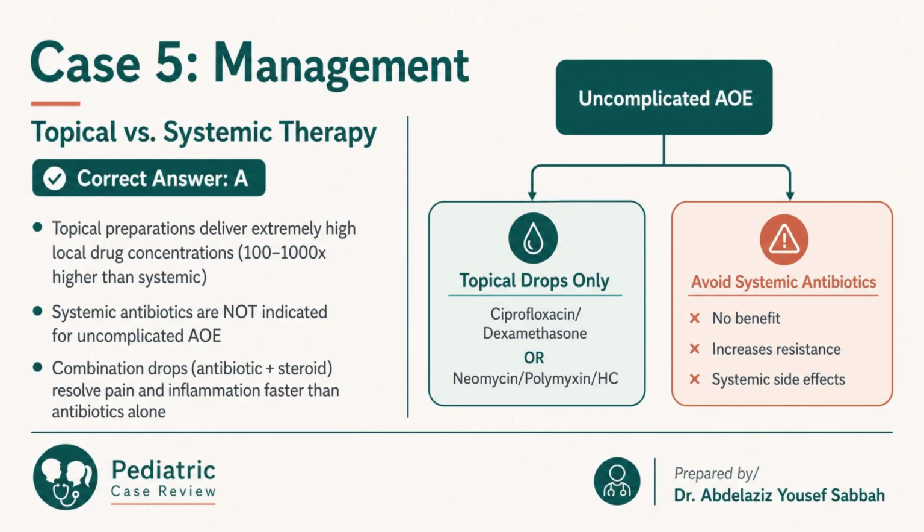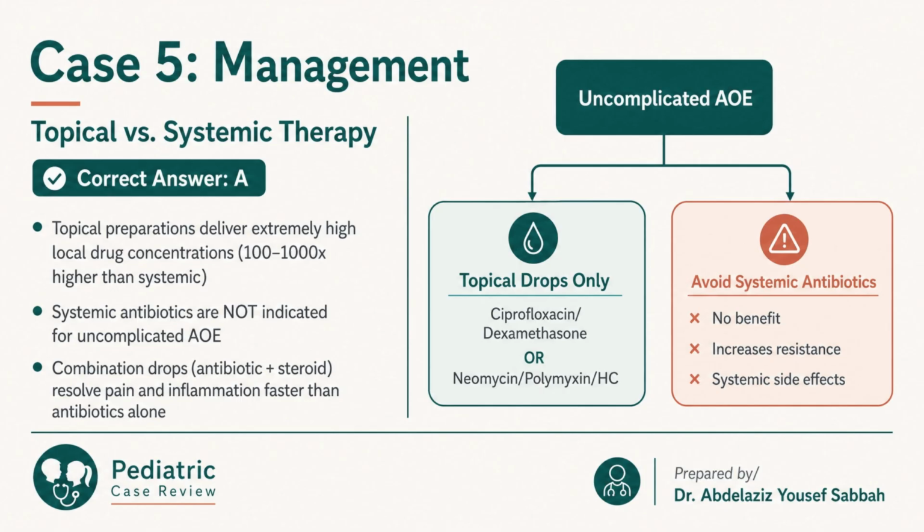The correct answer is option A, topical antibiotic glucocorticoid eardrops. Topical therapy is the cornerstone of treatment for uncomplicated acute otitis externa. Topical preparations deliver extremely high local drug concentrations, approximately 100 to 1000 times higher than systemic therapy could ever achieve, with virtually no systemic absorption or side effects. Combination drops containing an antibiotic such as ciprofloxacin paired with a steroid such as dexamethasone resolve pain and inflammation faster